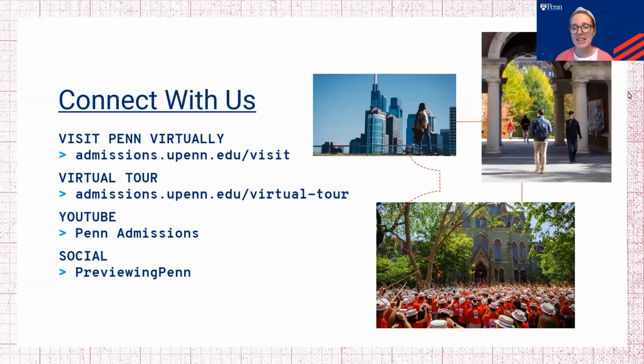Once you have submitted that to Penn, you will get an email with information about how you can access your Penn applicant portal. And that will keep you apprised of the materials we've received. It will allow you to see if anything is missing in your checklist. Maybe we are still waiting on one of your teacher recommendations or a transcript. So you're able to see that, reach out to whoever you need to at your school to keep track of it. That's also where you'll be able to upload any of those pieces. And it's also where you'll receive your decision.